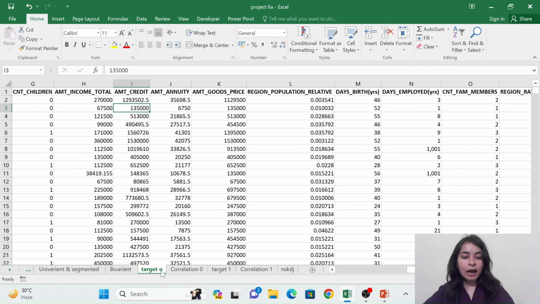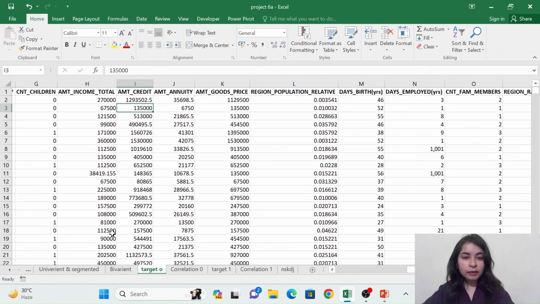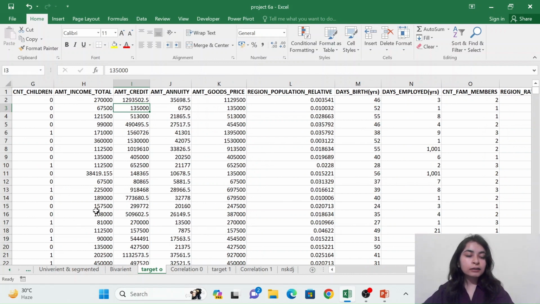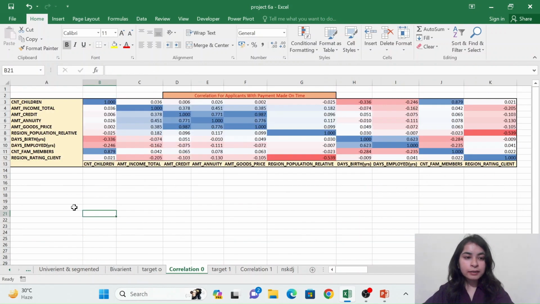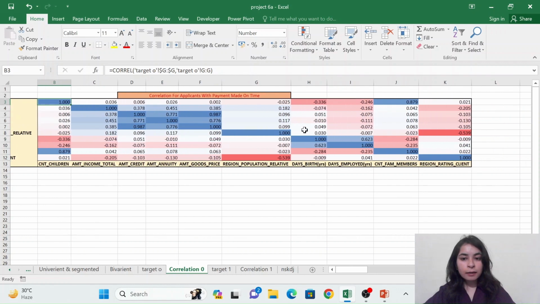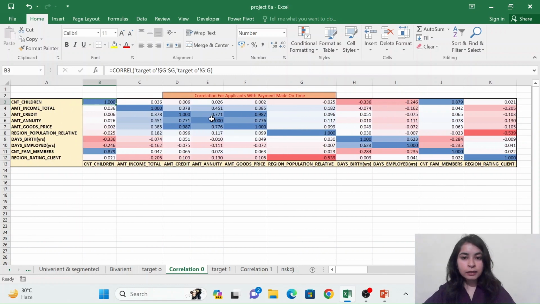So, firstly, I separated the data with the filter option and copy pasted the target 0, which have target value of 0. I copied all of the data of it, and then in the second file I calculated the correlation by using CORREL here. From there I established it, and from the data set we can see that the highest correlation was